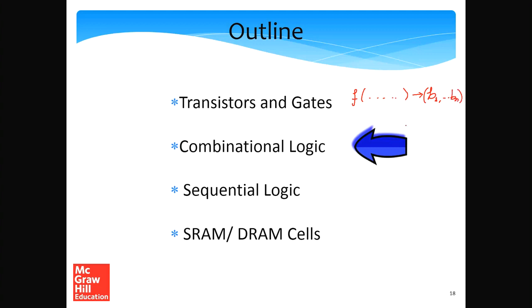This is made of logic gates, and the final output is essentially one of the possible values. If there are n outputs, there are 2 to the power n possible values. Some of these values are allowed and some are not allowed for a given set of inputs. Typically, for a given set of inputs, only one value out of this set is allowed. That's the reason we call it combinational logic, where we take a combination of Boolean bits and determine the output.